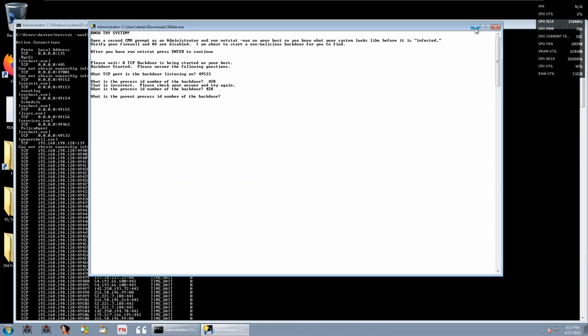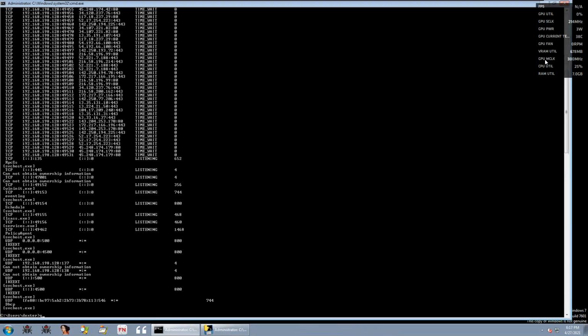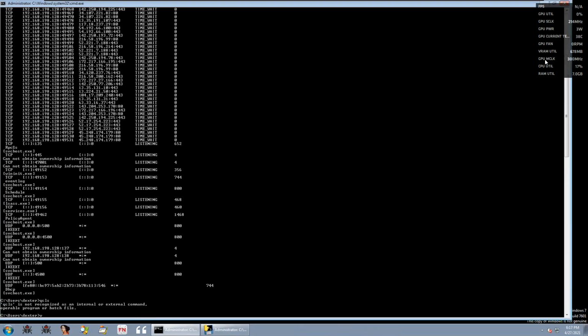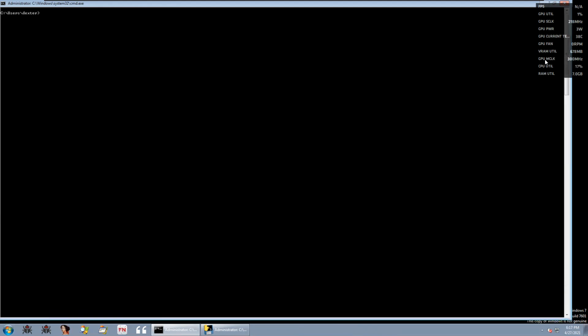What is the parent process ID number of that backdoor? Now here comes WMIC. With WMIC process where, you can enter the process ID number, or you can get the information using the process name.